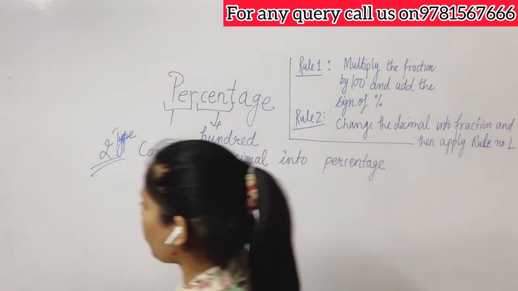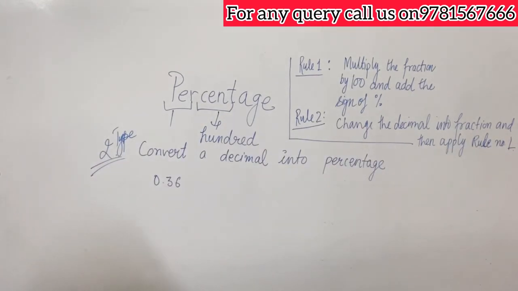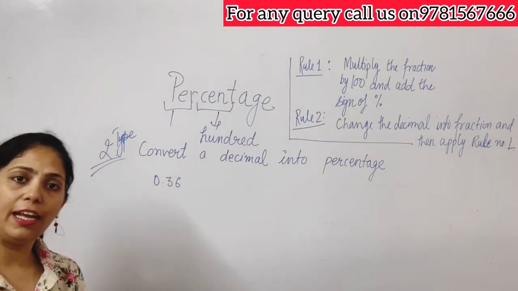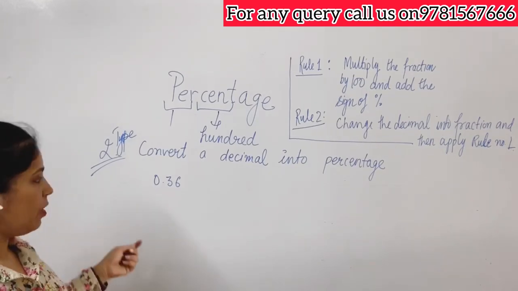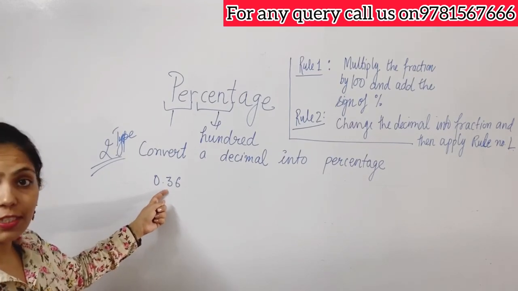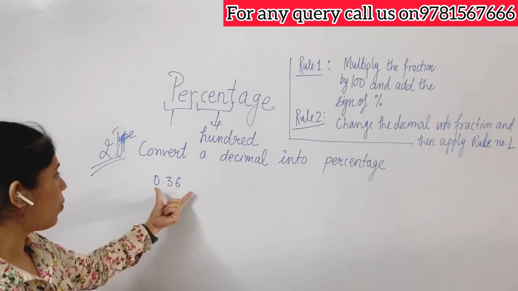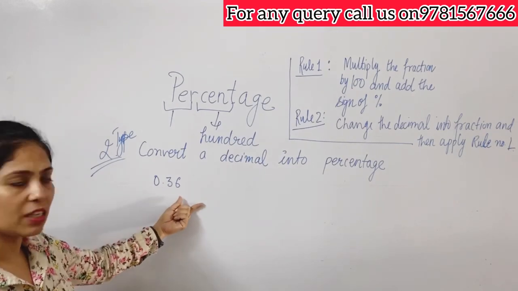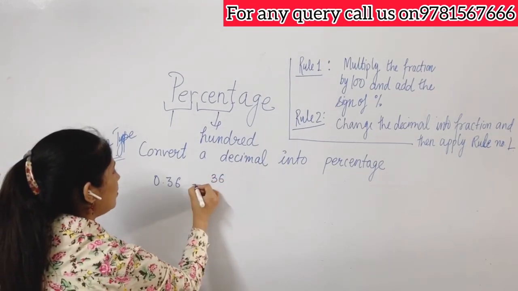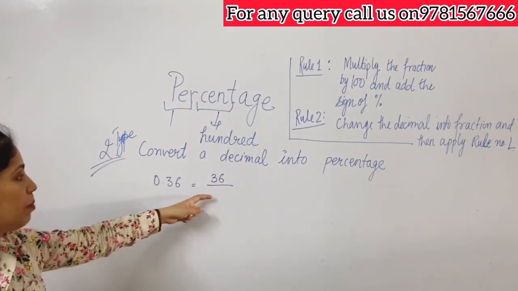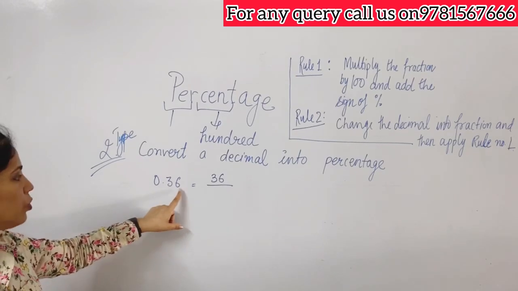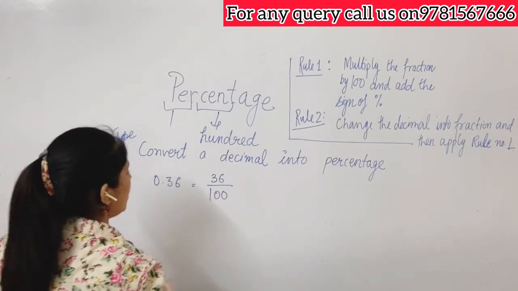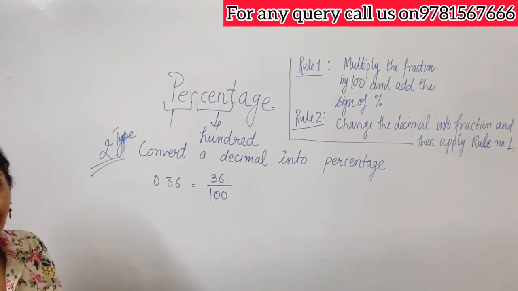Okay. So 0.36, what will you do first? First, you need to change the decimal into fraction. Can you do that? Easy. In the last chapter, we have learned how to convert the decimal into fraction. Very easy. We need to just count the digits after the decimal. So what is the number here? 036 means 36. So first we will write the 36 here. And then what will come into the denominator? How many digits? 1, 2. So 100. So it is 36 out of 100.